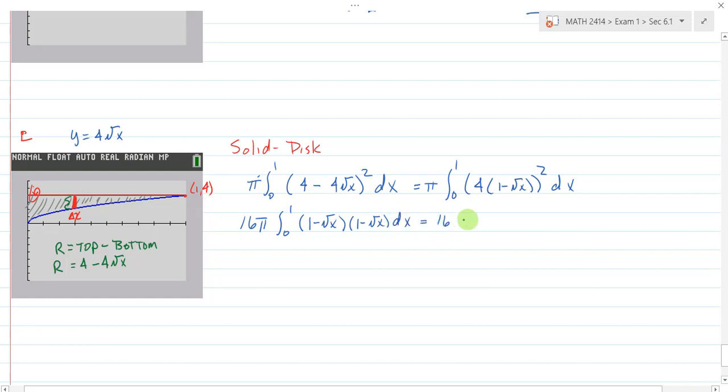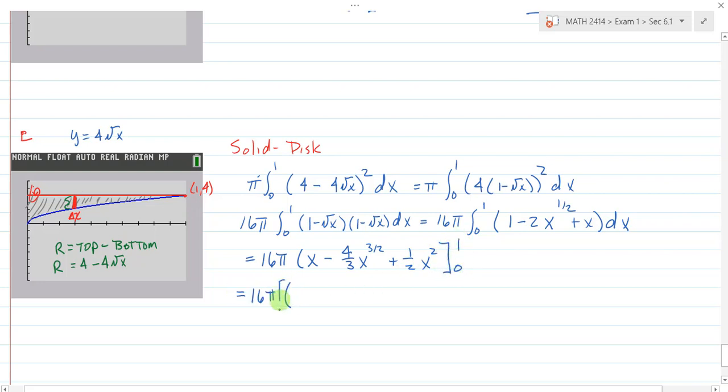And when I FOIL that out, that's going to give me 1, minus the square root of x, so that'd be minus 2 square roots of x, and then plus x. So when I integrate this, I really don't want to write the square root of x. I'd rather see x to the 1/2 power. Are y'all okay with that? So that's going to give us 16 pi times x minus, add 1 to 1/2, that gives you 3/2, times 2, so that's 2/3 times 2 is 4/3, x to the 3/2 plus 1/2 x squared, evaluated from 0 to